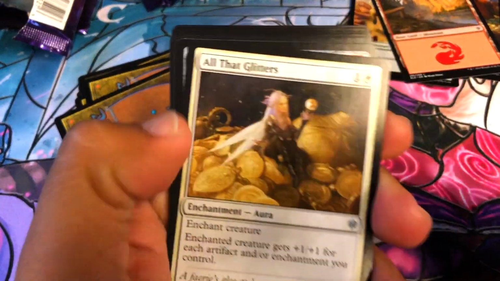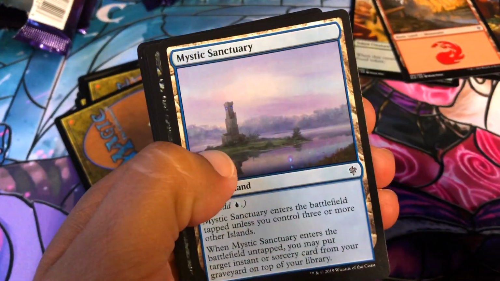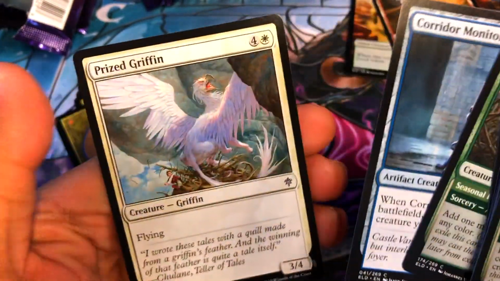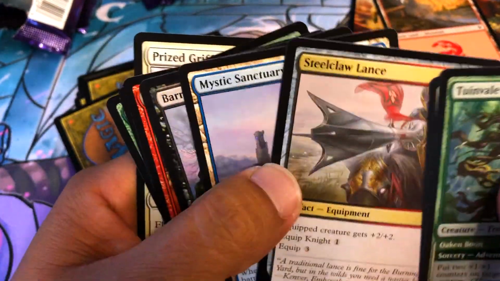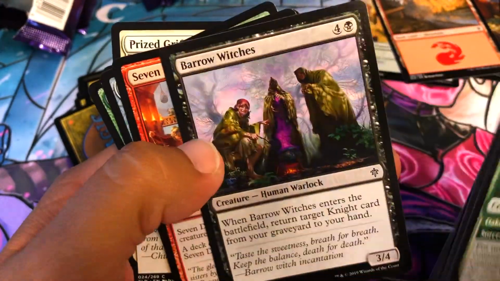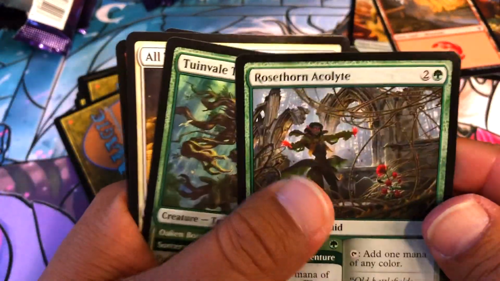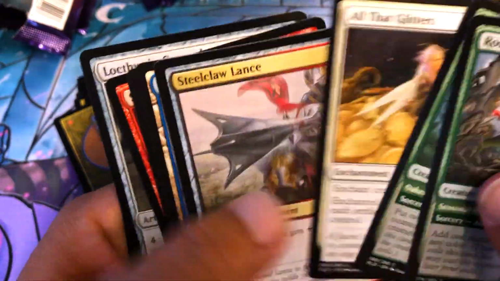All right, we got 2 cards I don't need. Sanctuary, okay. Witches, Tree Folk, I like. It's a nice little late game. Owlet, I like because it fixes mana and helps you ramp a little bit. It's just a little costly. Sanctuary, I'm not a fan of. Definitely not the Monitor. So it's between those 2, and as much as I like the late game tree,